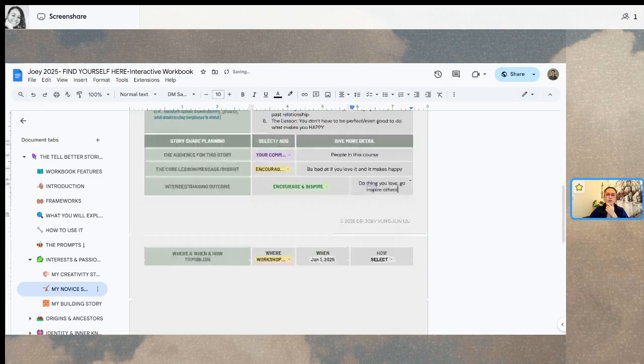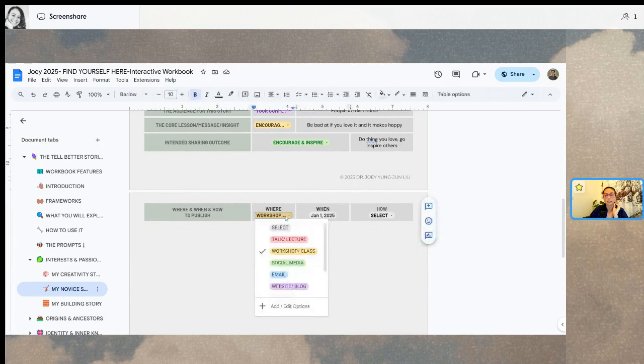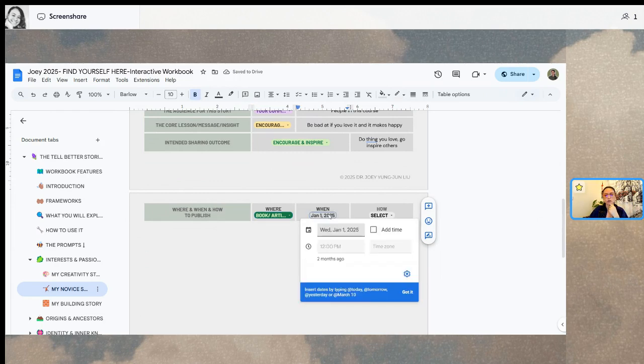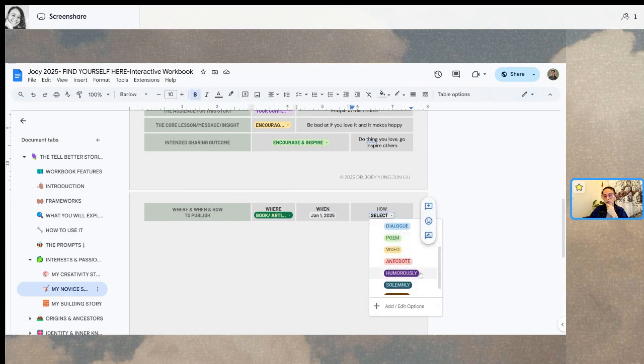So you can type in those little notes as you go. And then finally, where do you want to publish it? And like I mentioned before, you can make these drop-down menus work for you. So I chose to publish it in this book. That's the first place I'm publishing it. And then, you can take note of which date you want to publish it and how. And this story is,